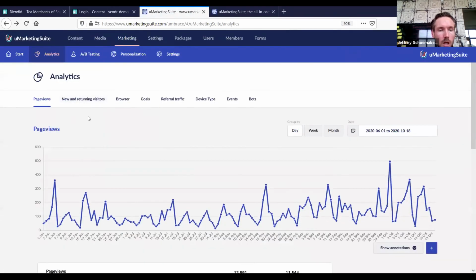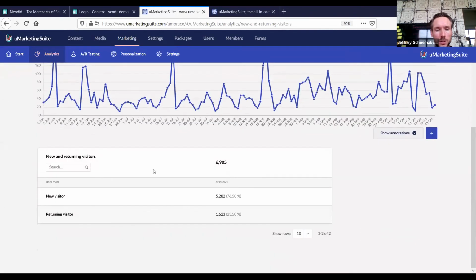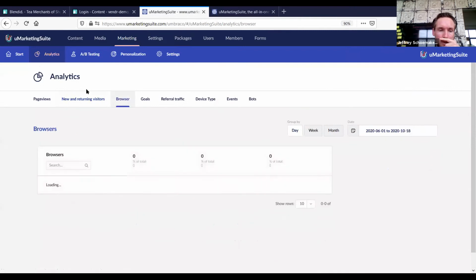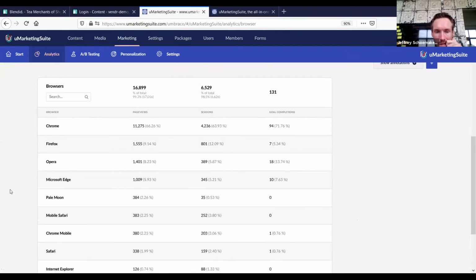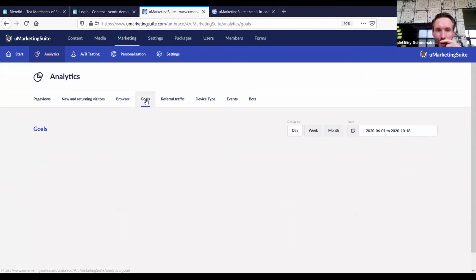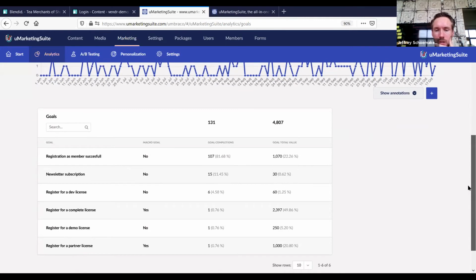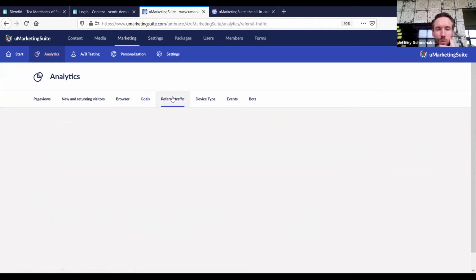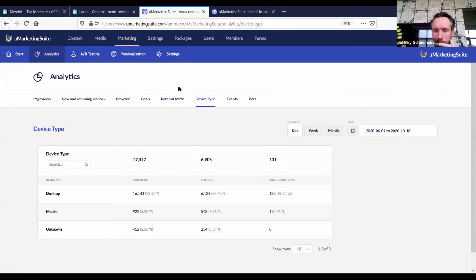Shouldn't have done that. We see the percentage of new visitors versus returning visitors, which browsers visit our website, how many goals are achieved, and if we see an increase in the goals, where people came from, which devices they are using,